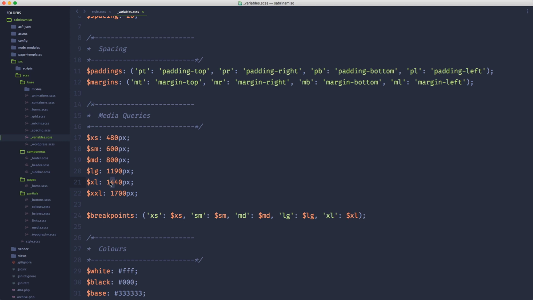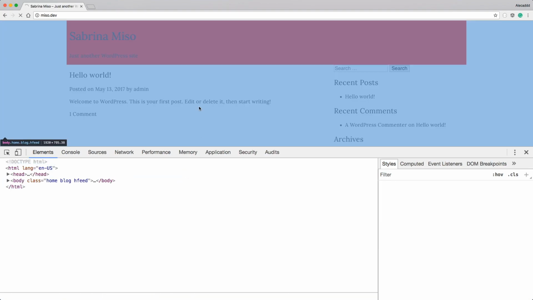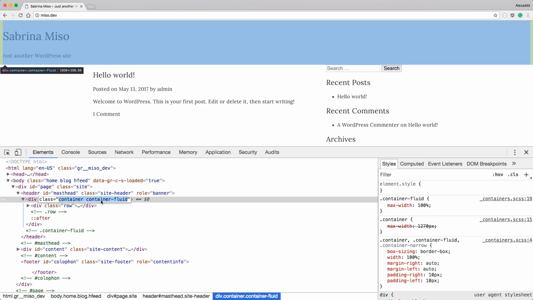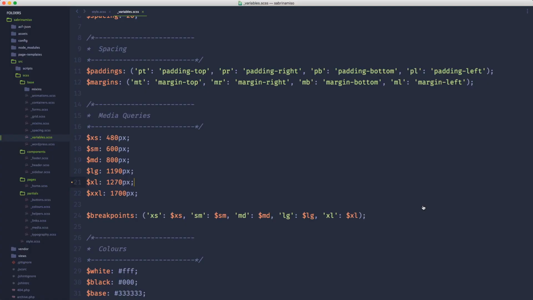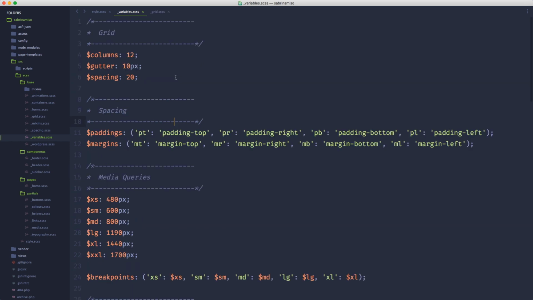If we want to change this to 1270, which I think was the original size of the Bootstrap 2 container, we refresh and remove the container fluid again here, and now the max width of the container is 1270, so you can control these with the variables too. It's really easy. So what I suggest you do if you decide to use AWPS is check thoroughly the